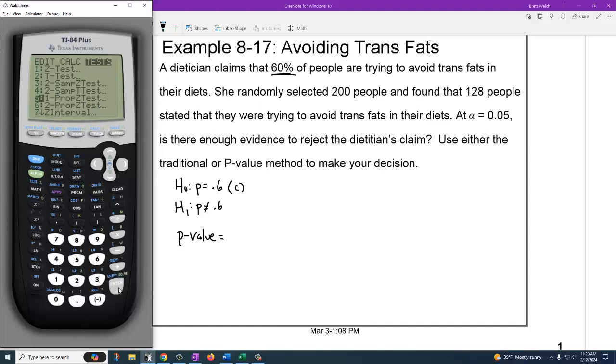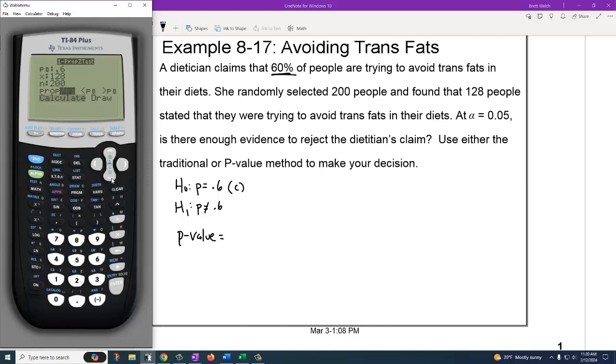Okay, one proportion z-test. One proportion is what we're dealing with, and it is a z-hypothesis test. Our null hypothesis is that it is 0.6, so we'll start with that. The number of people that said yes was 128 out of 200,